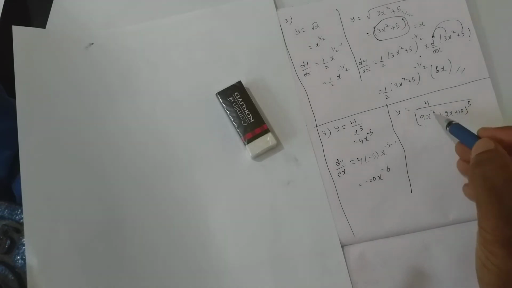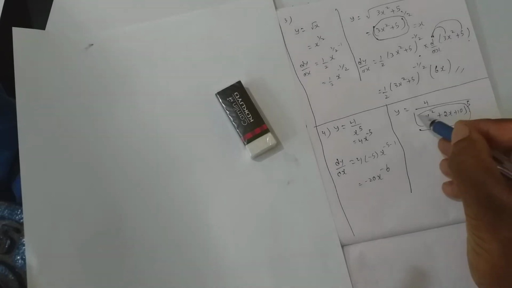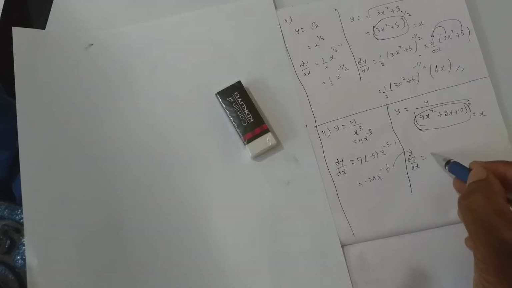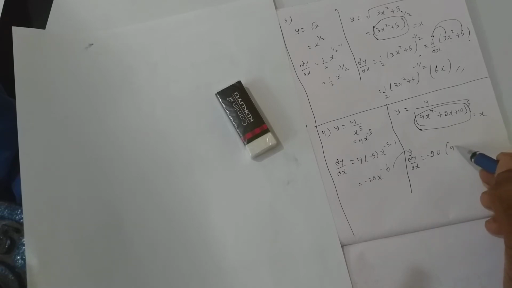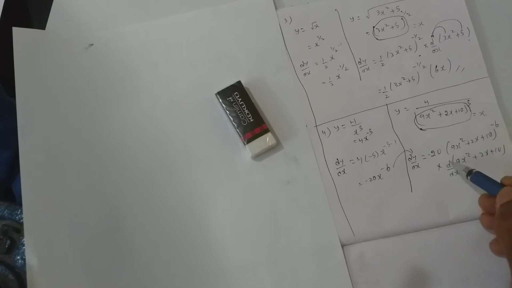Now if it is like this, y equals 4 by (this entire thing) power 5, directly you can't do it, so you will assume this entire thing to be x. So dy by dx, from here, if I take the answer, it is minus 20 into x power, so (9x square plus 2x plus 10) power minus 6 I get. Into, in place of x, whatever you consider, that should be written over here. Because here x is not just x. In place of x, you have the entire expression. Now this gets applied to this one and also to this one.